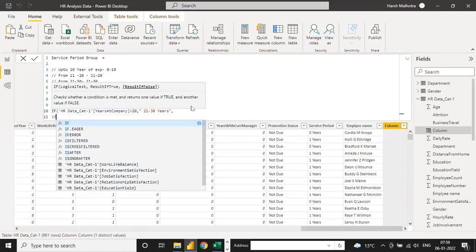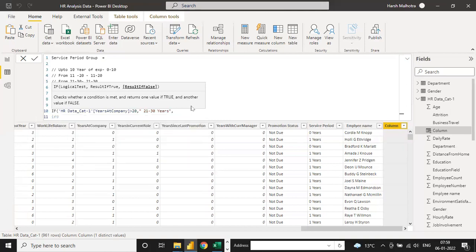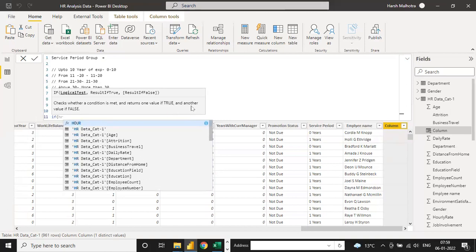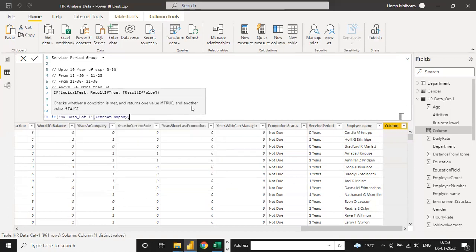Now click on if again. Select the same column, years at company, and if years at company is greater than 10, then you use the value 11 to 20.